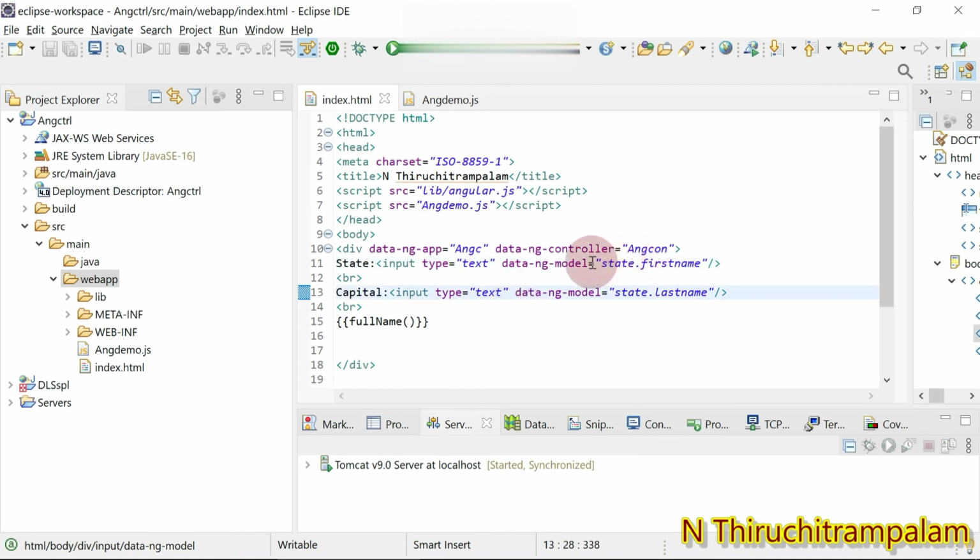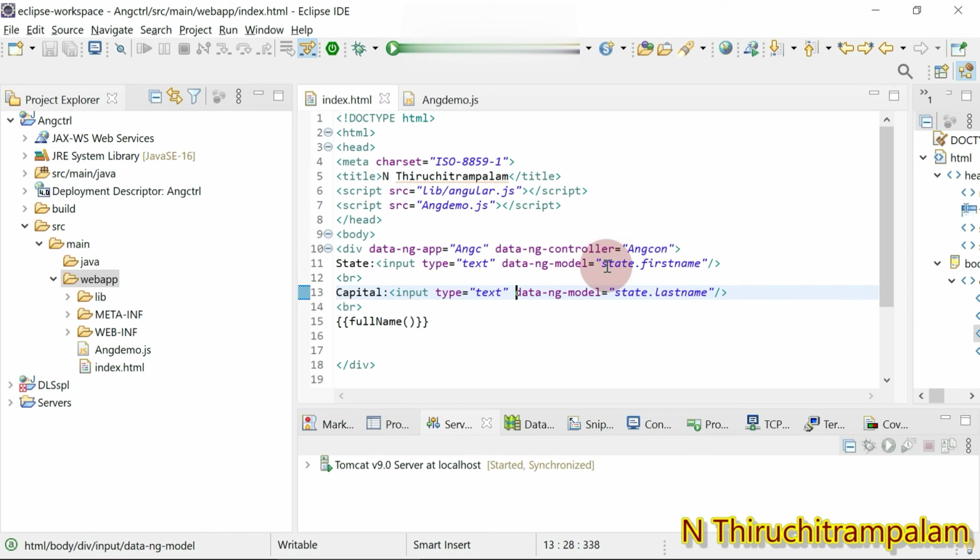So we need to assign the value, ng-model equal to whatever variable name should be updated simultaneously on the view page as well as in the model.